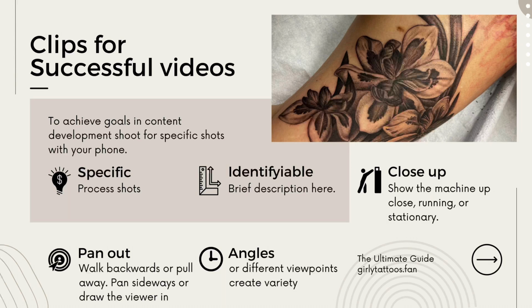That way you're showing a lot of different variations, but you're also giving yourself some diversity. When you have multiple clips to pick from, it makes it easier to make your content, because that creates a type of content bank. And in the name of making content, and specifically for tattoo artists,